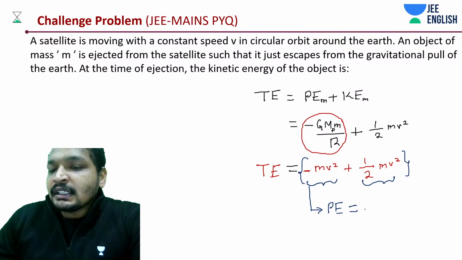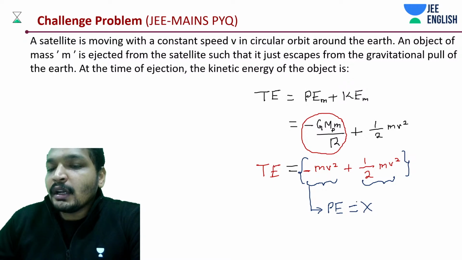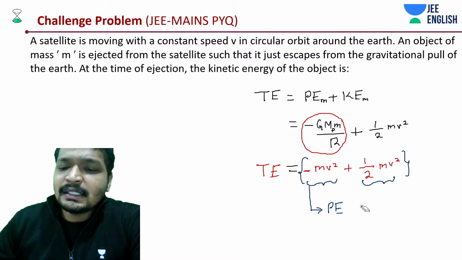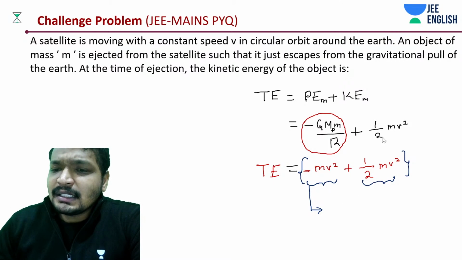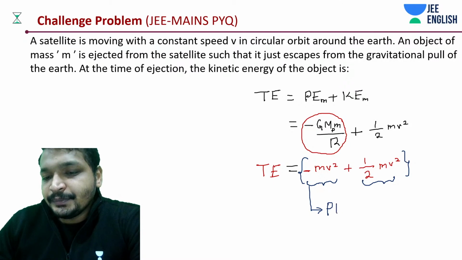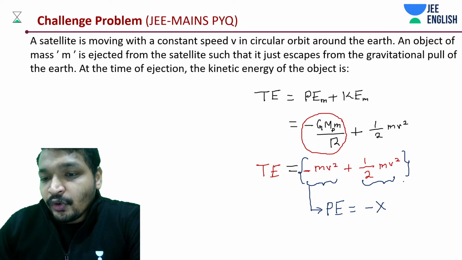Let's take potential energy to be some x. Or let's take this to be like minus x, because we know this is a negative quantity. Let's say that x is a positive quantity. Let's take potential energy to be some x. Sorry, minus x. Let me correct myself. Then in this case, if you have noticed,